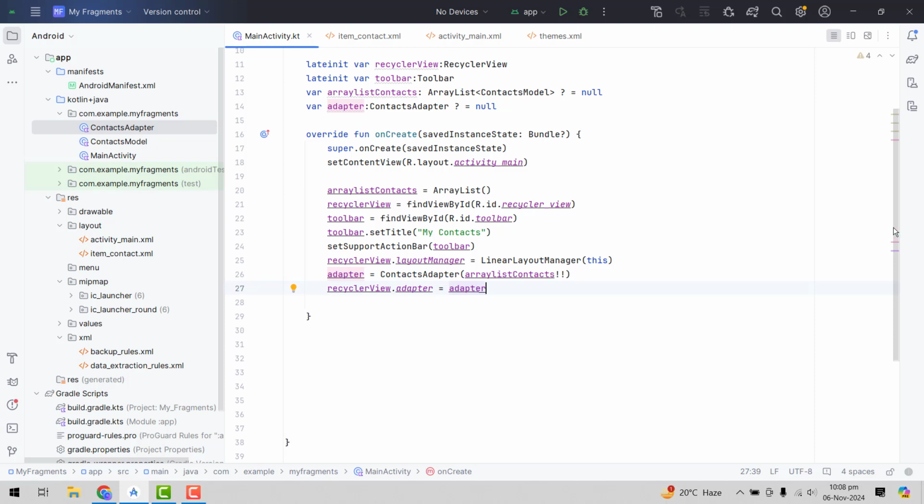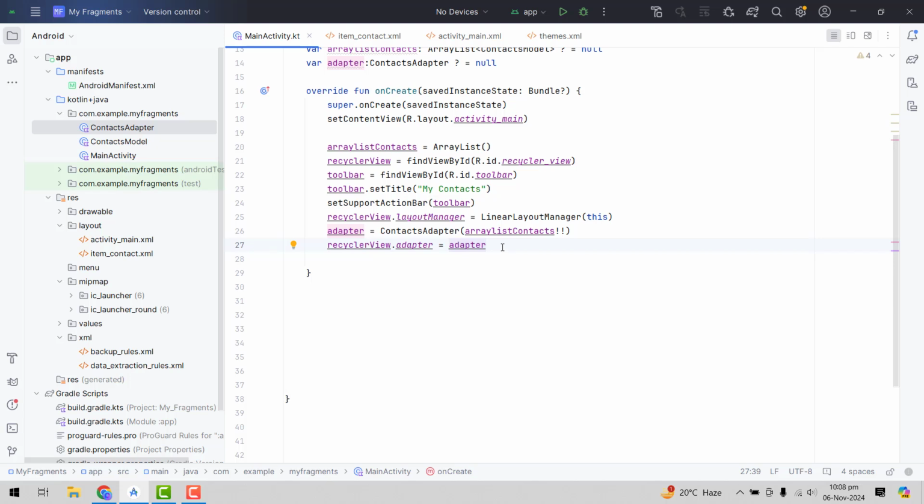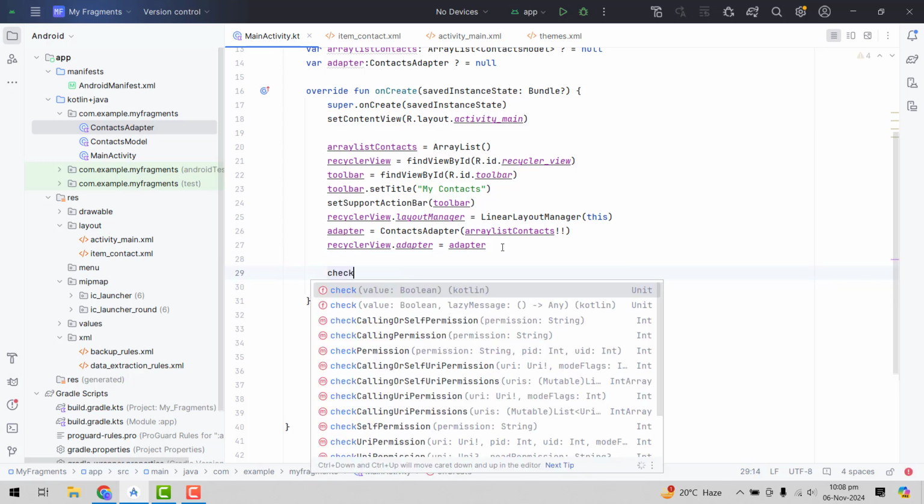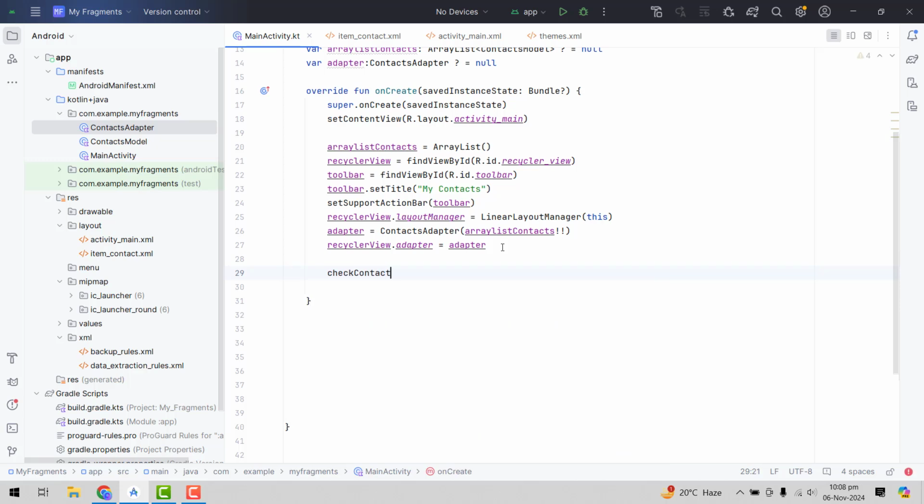Alright, so now first of all we have to check for the user permission. Whenever the user opens the application, he will have to grant the permission, and then he will be able to display all the contacts. So here we have a method, the check contacts permission. Here we will write private fun checkContactsPermission,